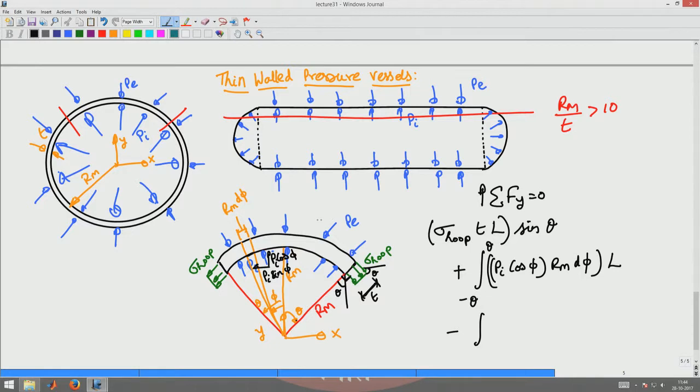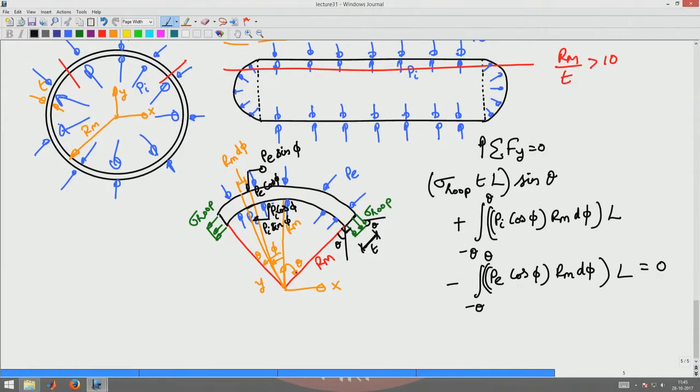You can see that the components of these stresses would be Pe sin phi and Pe cos phi, the vertical component. Okay. So, that will be Pe cos phi into Rm d phi into L, using the same argument, this will be from minus theta to theta, and this has to be equal to 0. Okay. From here you will get sigma hoop into T, L gets cancelled out, integrating cos phi you will get it as